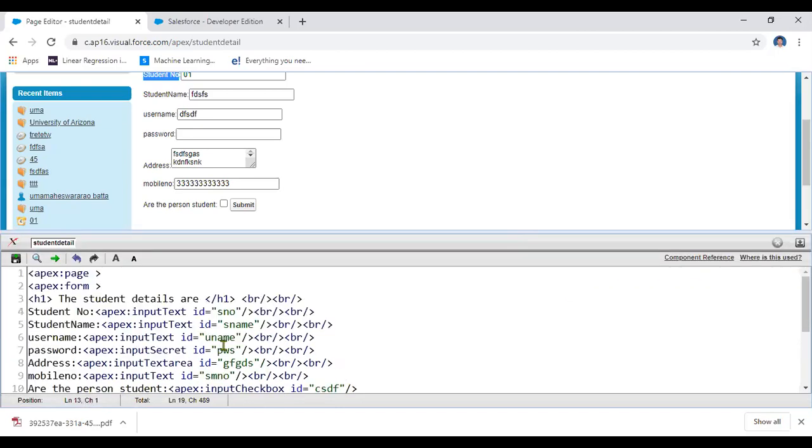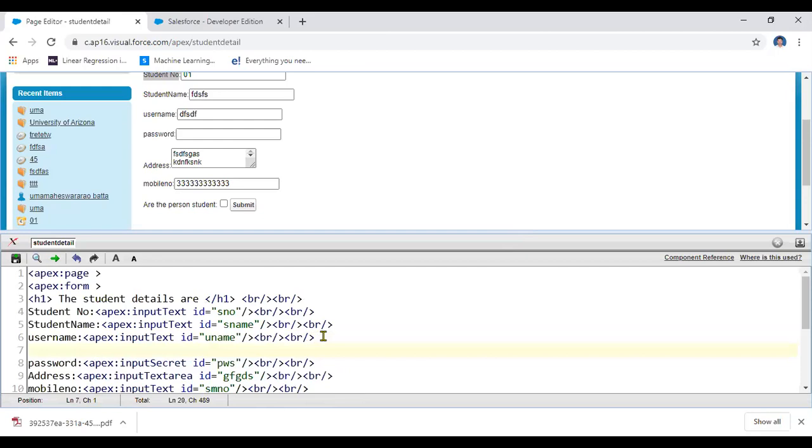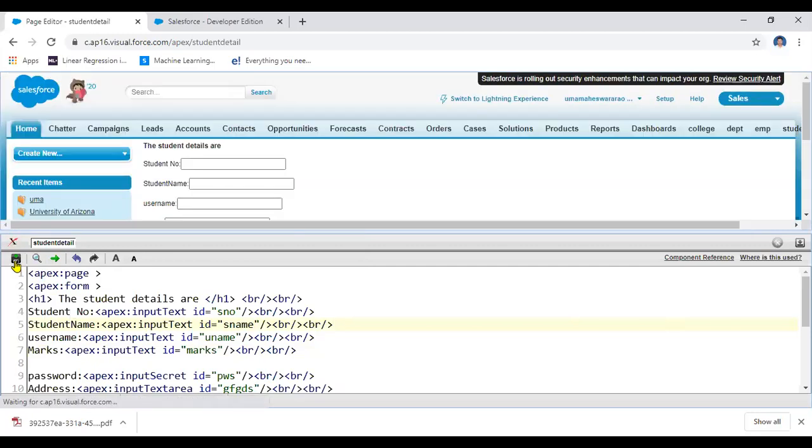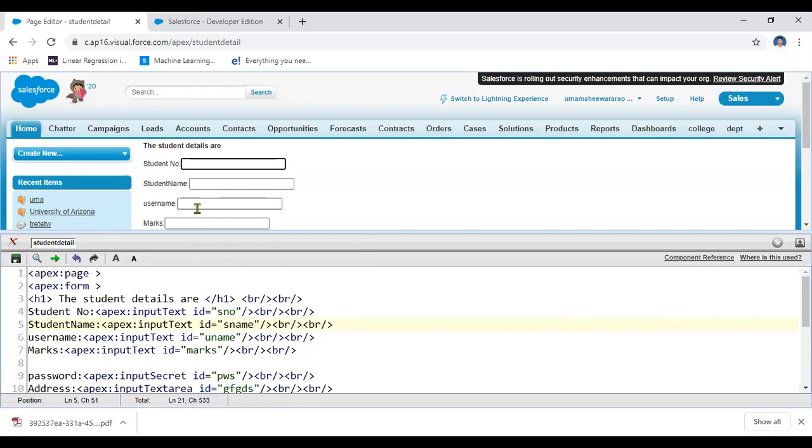Okay, I'm taking the student marks also. How can you represent after name? Here, after name, same thing I'm taking. After name, marks. Marks I am taking. Input text ID equal to marks. Let us assume marks ID, here this is a value. That means there is a student marks also existing here, after username came into the picture.